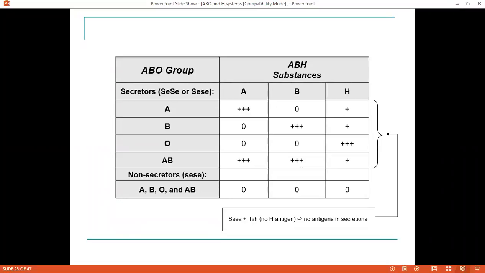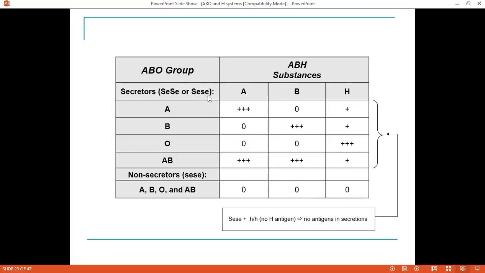So this is a nice little chart that shows the different ABO genes that have been inherited, and it's based off of whether or not the secretor gene was also inherited. So the 4 listed up here also had secretor genes inherited along with them, whereas the bottom ones down here were non-secretors. So again, these secretor genes are inherited one from each parent. So the big S little e is from one parent, the big S little e is from the other parent. This right one here, we have the big S little e from one parent, and then the other parent must have been a non-secretor. But because we have at least one, it's codominant inheritance, so we're still going to have